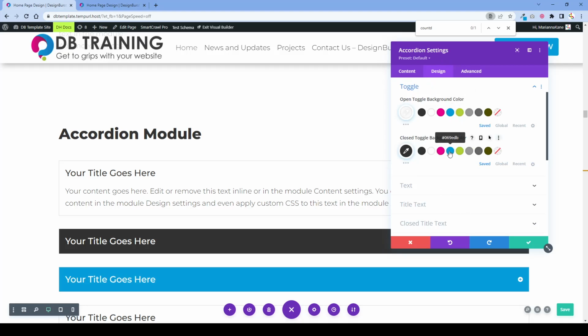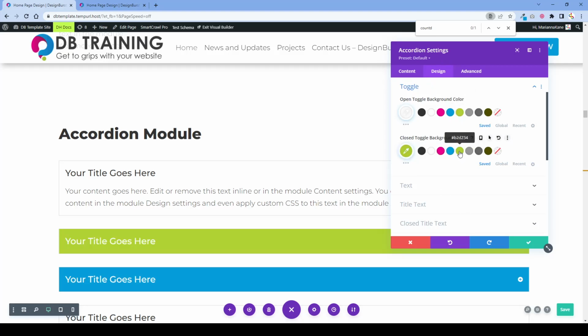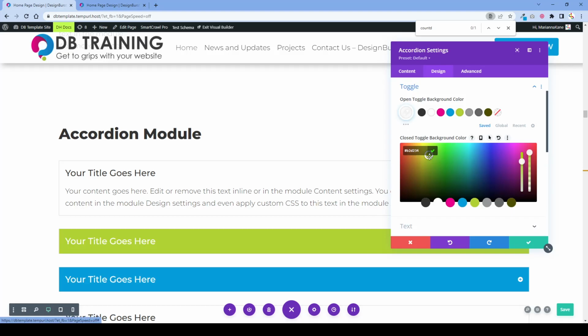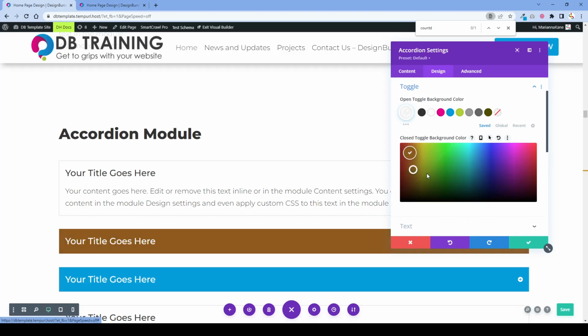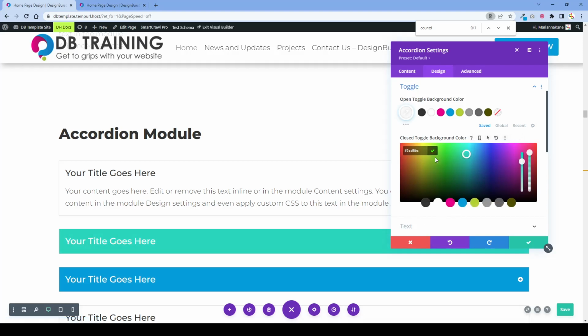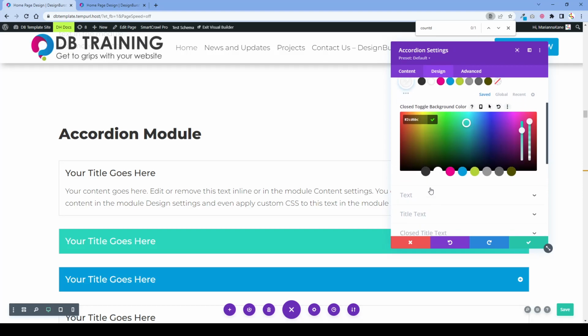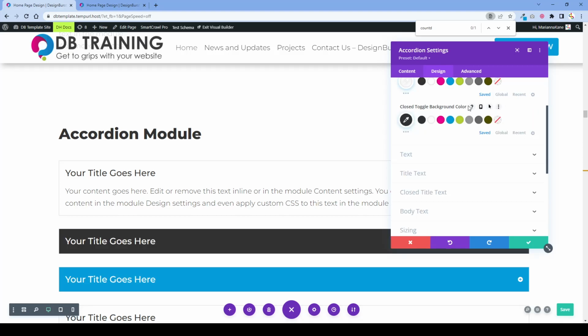So you can change the colour of that toggle to your default colours, or choose with the eyedropper as you please. So you can maneuver this around until you find a colour that suits you. So that's how you modify the colours, just in case you don't like the default that has been set up for your website. Generally speaking, people are okay with the defaults anyway, but to undo that, we press little undo,